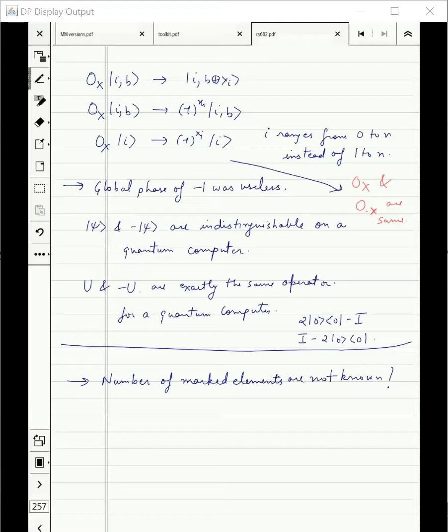how many times we need to rotate. How many times did you need to rotate? It was approximately pi/2 divided by 2 theta. Remember, with some -1s and so on, but we are only interested in order, so we will skip this. And we knew what theta was. Theta was approximately square root of m by n. This is the number of times we wanted to rotate, where m was the number of marked elements.